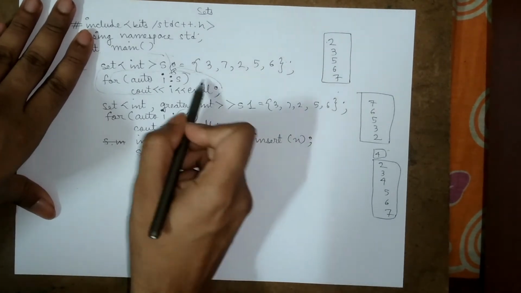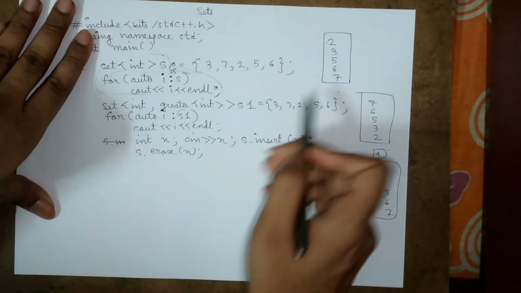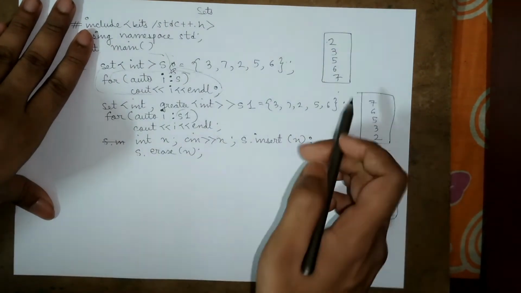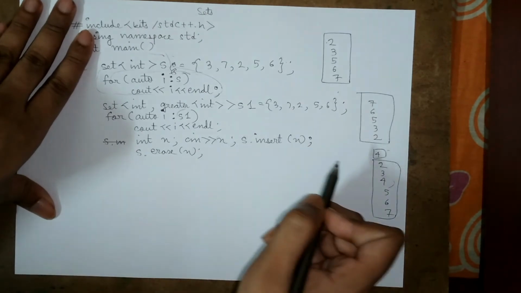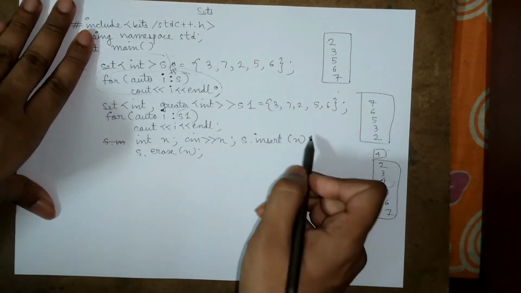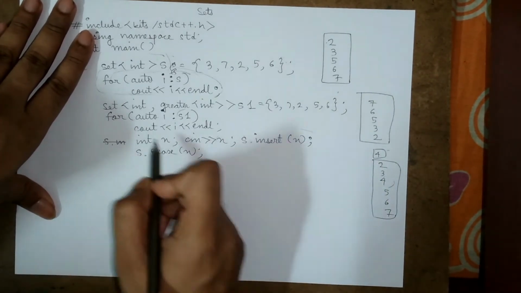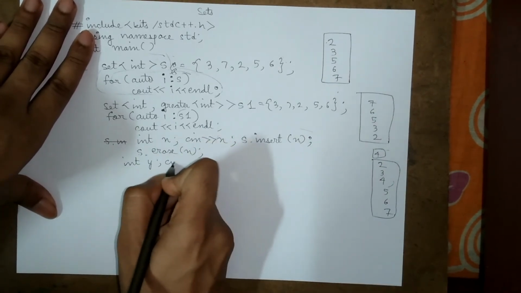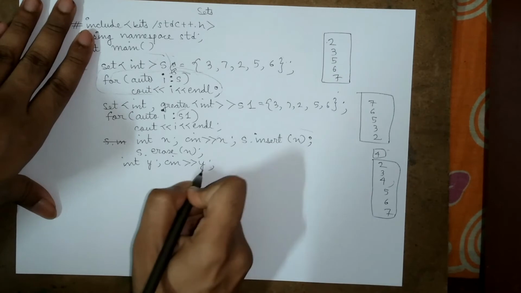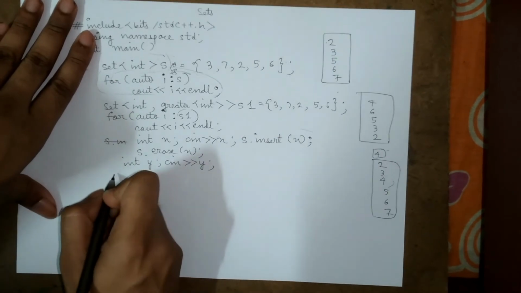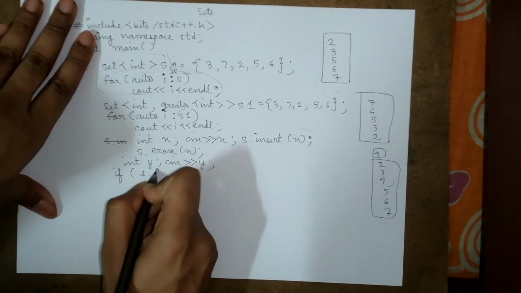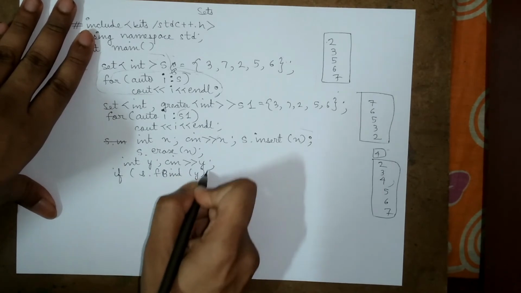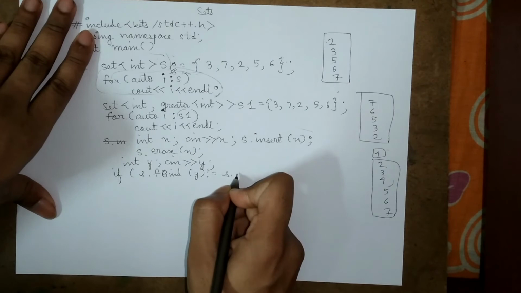And now if I do for (auto it : s) and cout << it << endl, I'll get this, and because this x which was 4 would have been deleted after I write s.erase(x). Okay, so the two functions that we learned just now were s.insert and s.erase. Now if we want to find a number, let's say first we take an input int y, then cin >> y, then what we can do is something like if (s.find(y) != s.end())